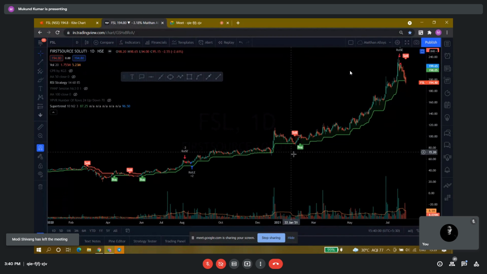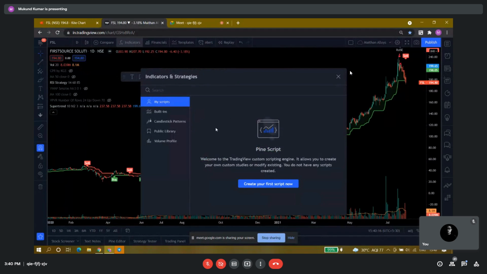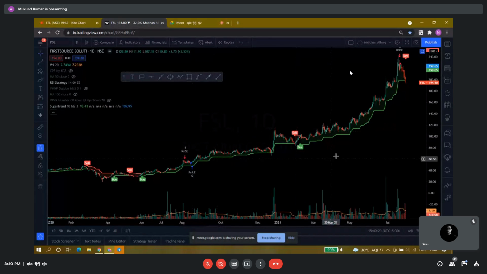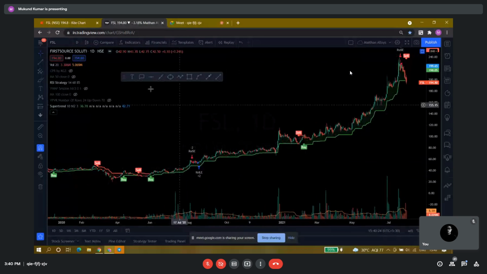He has simply edited it, he has done some coding, right? That is why I've given you this, because it simply gives you a nice feeling of buy and sell. So that is why I have not asked you to use this built-in indicator, but I have asked you to use this super trend indicator by Kivan. In Zerodha you will get this built-in super trend indicator, and you will not get this buy and sell signal. You will simply get a line of green and red.